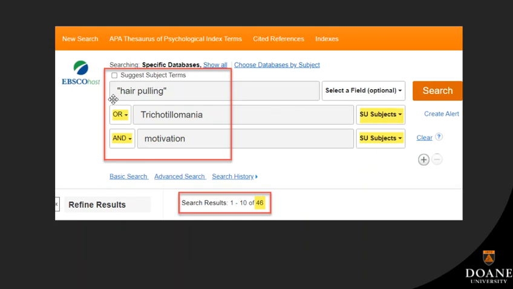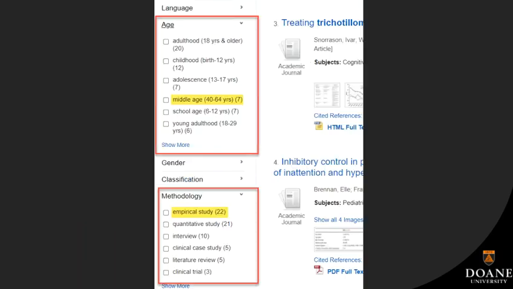So again, I have hair pulling with the quotes around it because it's a phrase, or between it and trichotillomania because those are related terms, but motivation is not a related term, so I will put an and in there, and now I am down to 46 results. I take a look down the left hand side. Maybe there are some other terms here